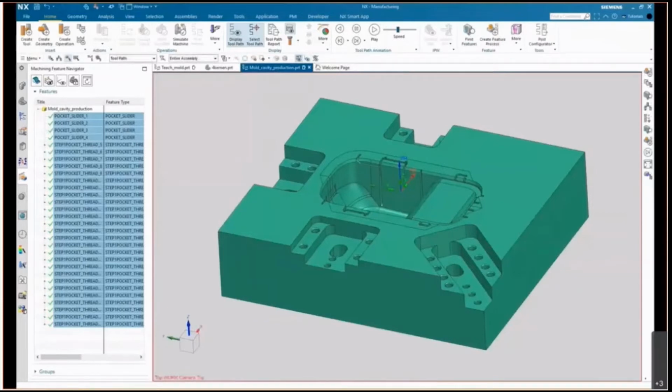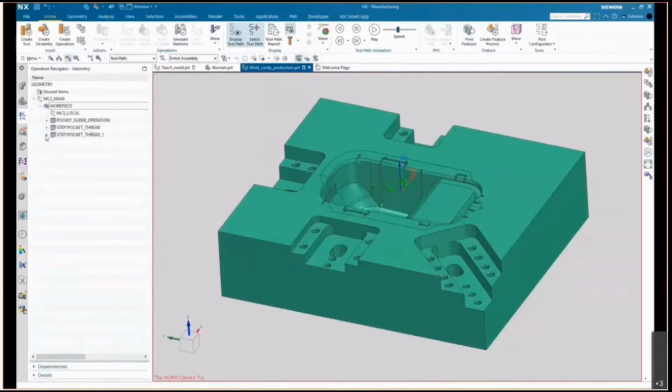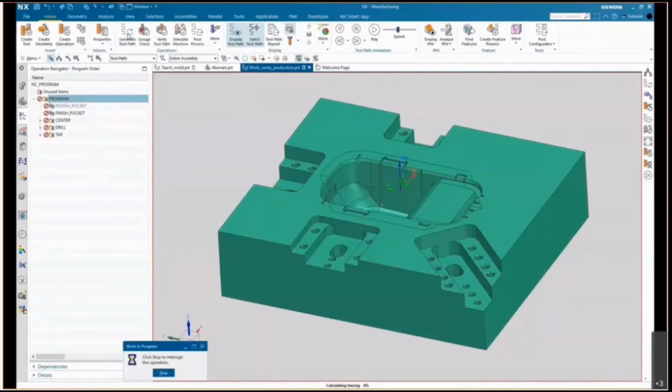Now if I go back to the operation navigator, to the geometry view, you see that there are 3 groups created, 3 feature groups, and some operations and some operation groups with some operations in there which I can generate directly. It's done in 3 steps, let's say.